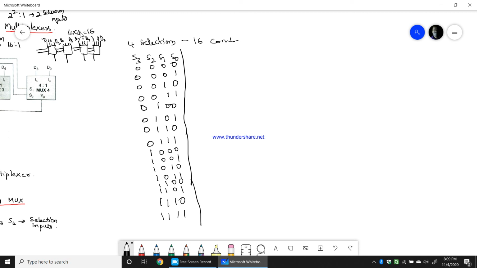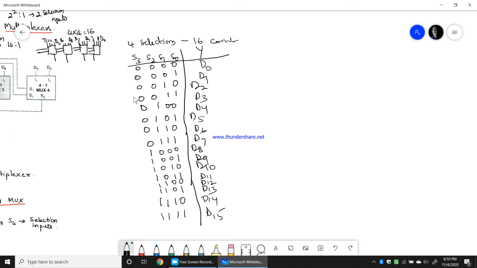So based on these selection inputs, D0, D1, D2, D3, D4, D5, D6, D7, D8, D9, D10, D11, D12, D13, D14, D15 will be selected as the output.